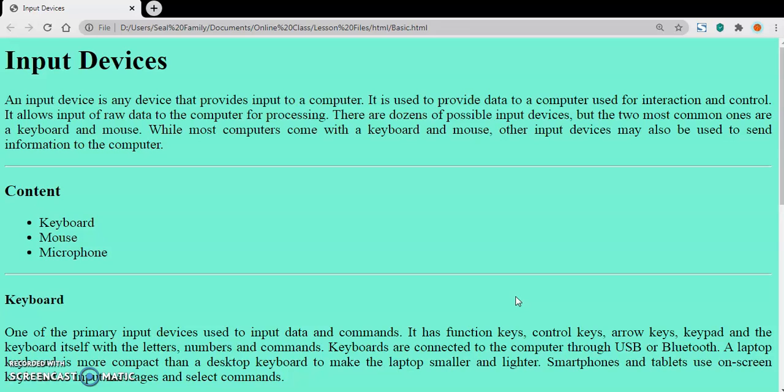So this is the bookmark I am talking about, and this bookmark we can create using the same anchor tag which previously we used to jump to other web pages, but when we are creating a bookmark we will remain in the same web page, just jumping from one section of the web page to another. So for this, first of all we are going to create a bookmark.